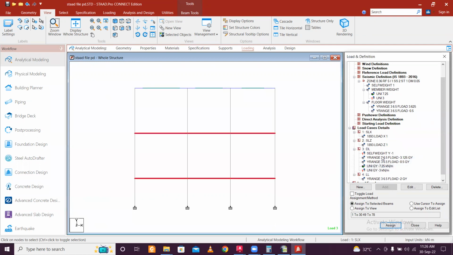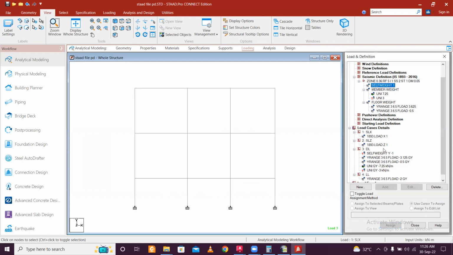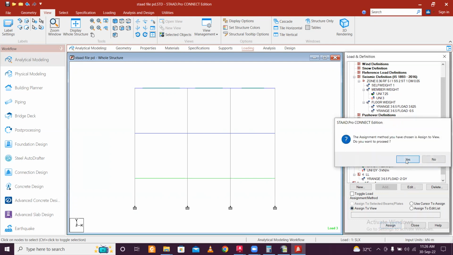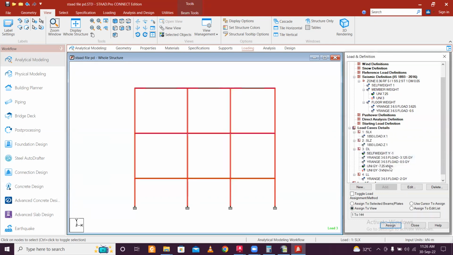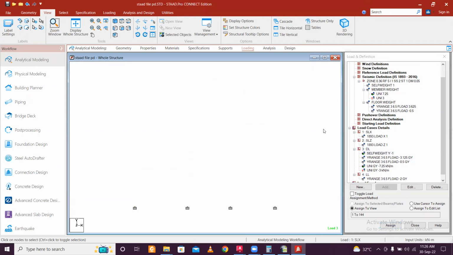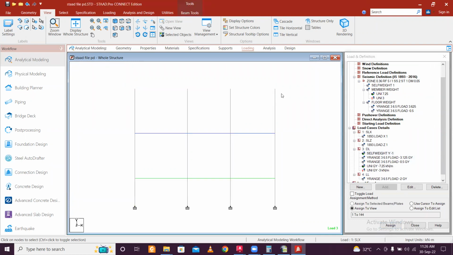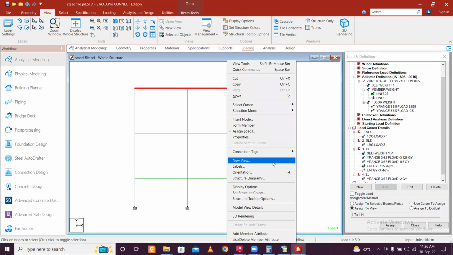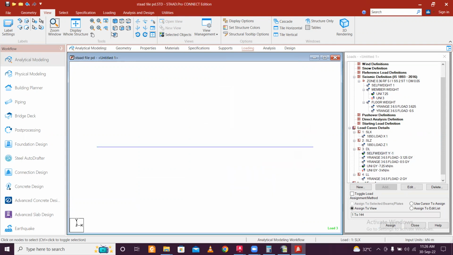And then the self weight will be only, obviously this is already assigned. This will be assigned to view, assign, and yes. Self weight has been assigned, and then the parapet wall load. So this we want to do. So just select this and right click, and then new view, whatever comes, just click on OK. Go to the top view,